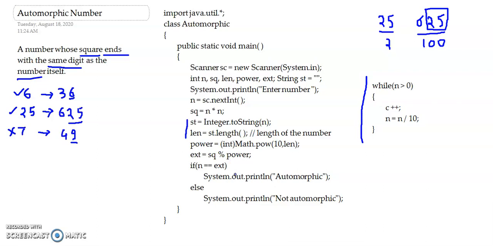But if you use a loop to count the number of digits and your entered number is continuously reducing inside the loop, then before entering the loop you have to make a copy of this number, because it will be needed later in your comparison. So this is all for the automorphic number. I hope you understand this clearly.